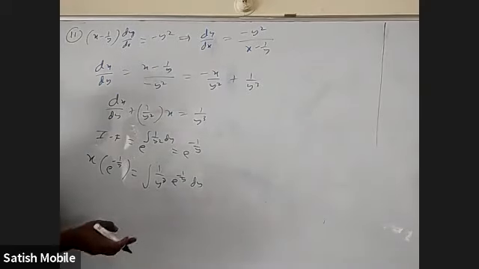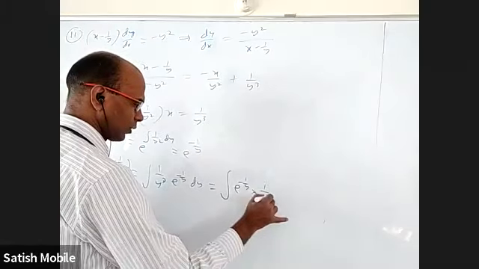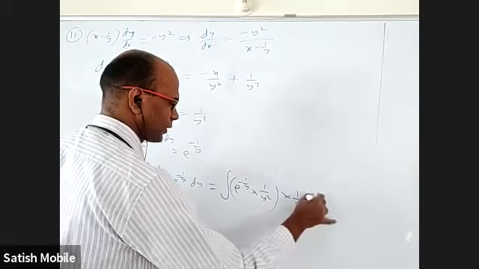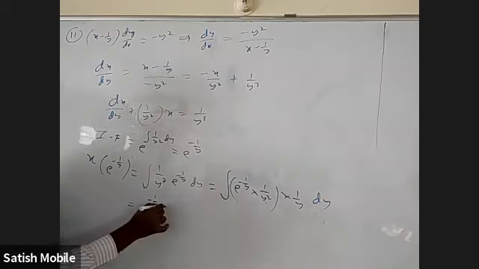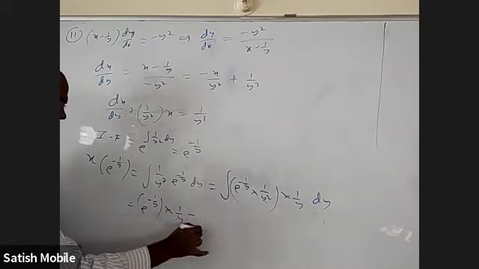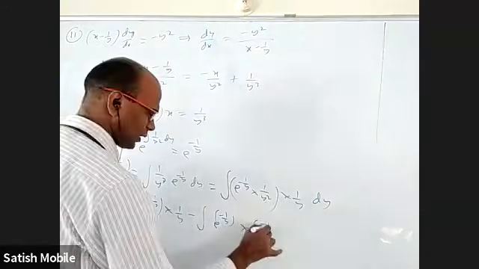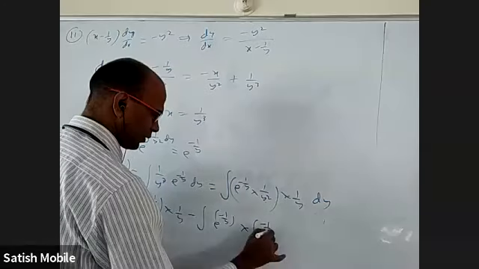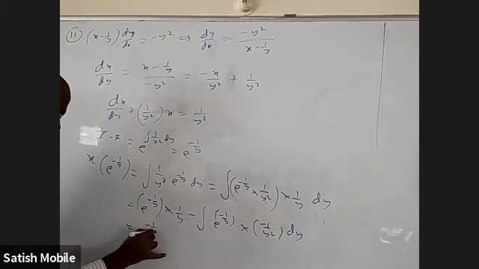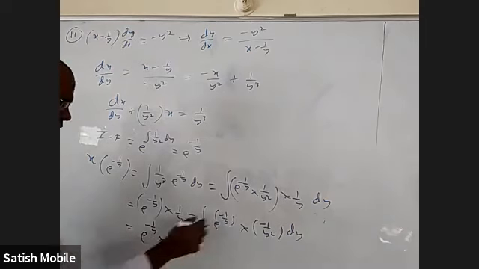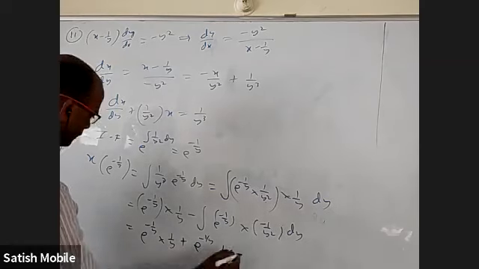You can take 1 by y as z and write, or you can apply by parts straight away if you want. e power minus 1 by y into, I'll write 1 by y square into 1 by y separately. This integral is e power minus 1 by y only, because this is a derivative, into 1 by y as it is. Minus, this will continue. I have to write the derivative of 1 by y as minus 1 by y square. And for this derivative, except for the minus, the integral will be this only. So I am going to get e power minus 1 by y into 1 by y, and for this it will become plus e power minus 1 by y plus c.